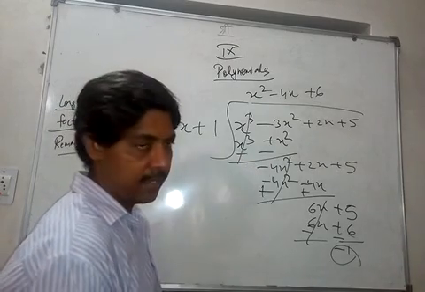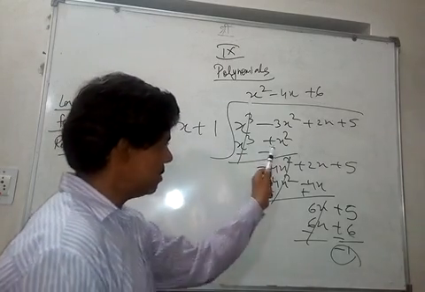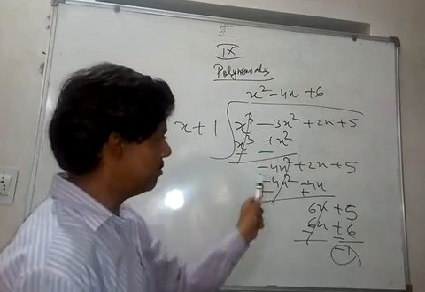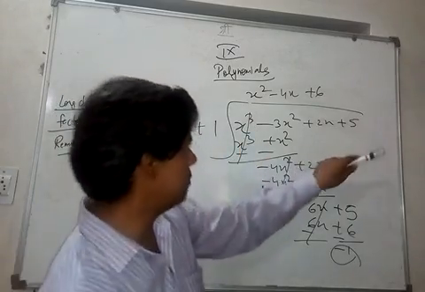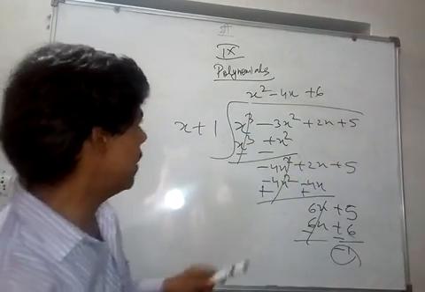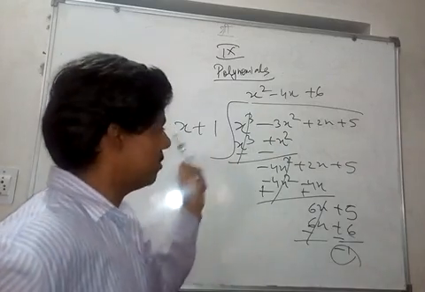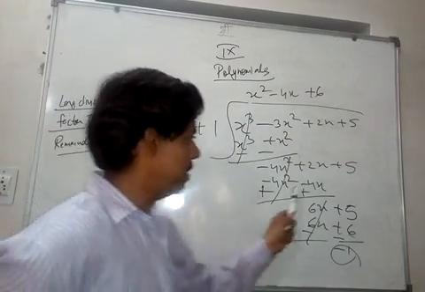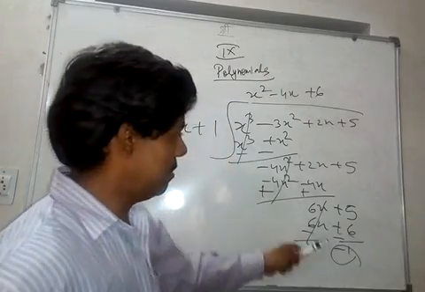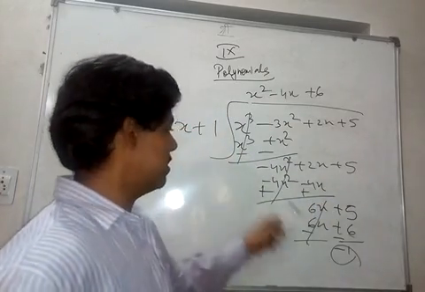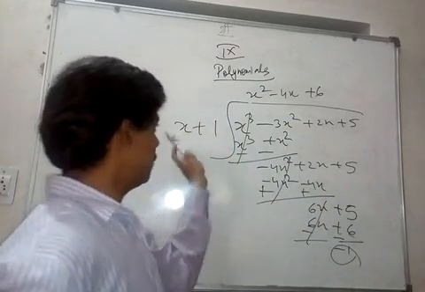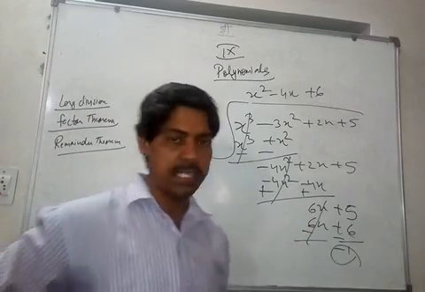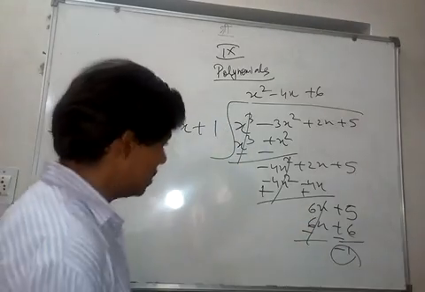Change the sign. This is minus, this is minus. These two get cancelled. Minus 4x square plus 2x plus 5. Now again you multiply minus 4x into both of them. You will get minus 4x square minus 4x. Change the sign. This is plus, this is plus. 6x plus 5. Then multiply by 6, 6x plus 6, both of them. You get 6x cancelled. 5 minus 6 is minus 1. So this is long division.